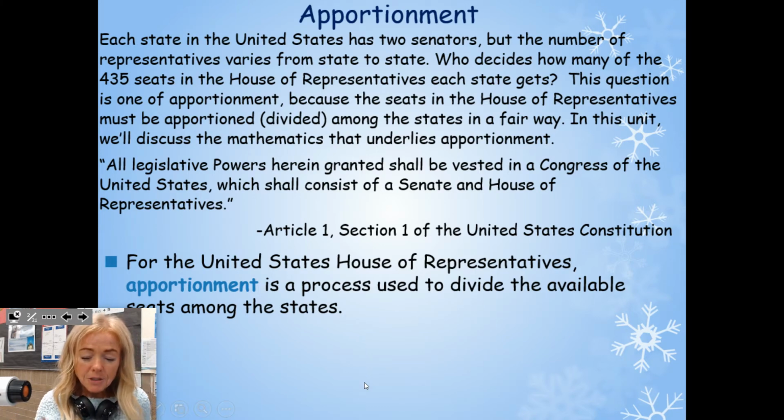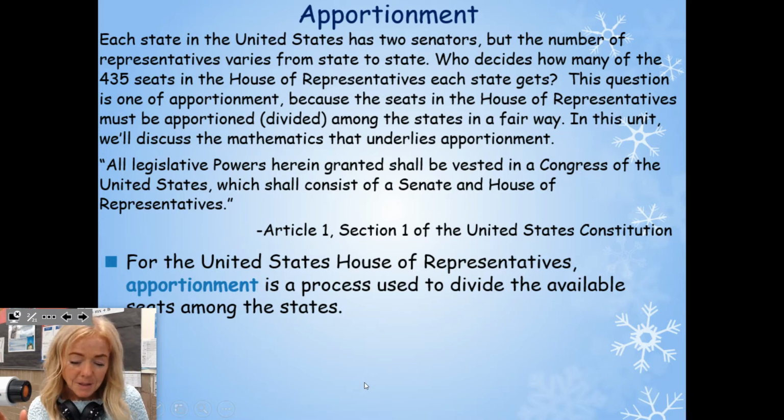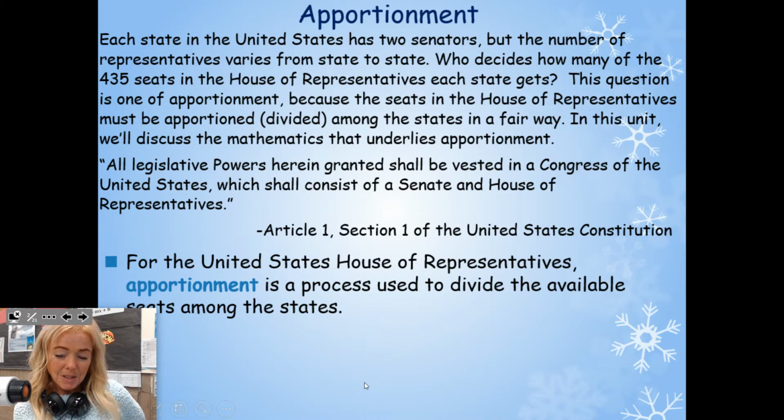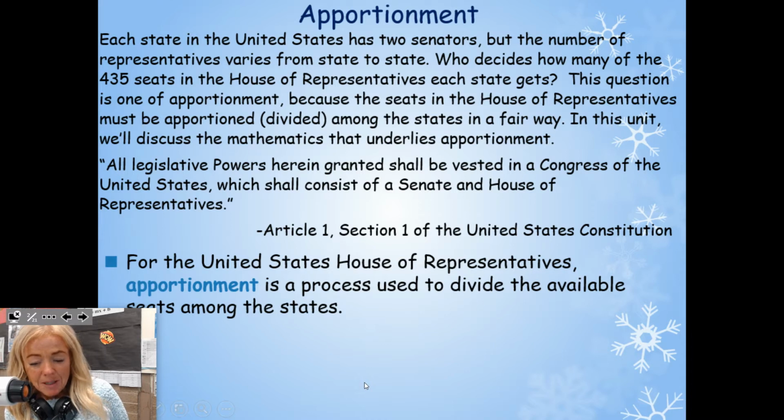There are 435 seats in the House of Representatives, and as we know, there are 50 states, and so each state gets a certain amount. Now, this question, the question of how many does each state get, is one of apportionment, because the seats in the House of Representatives have to be divided up among the states in a fair way. In this unit, we're going to discuss the mathematics that are behind apportionment and how many representatives are going to